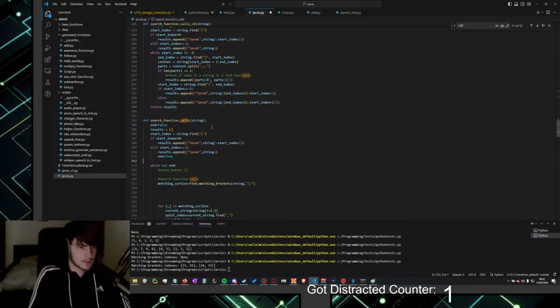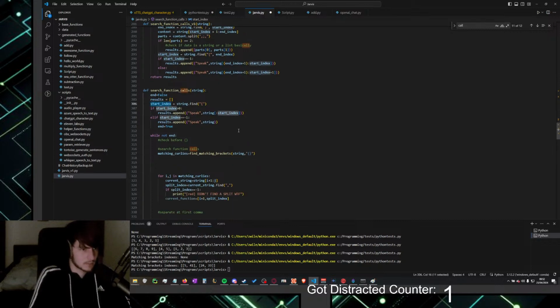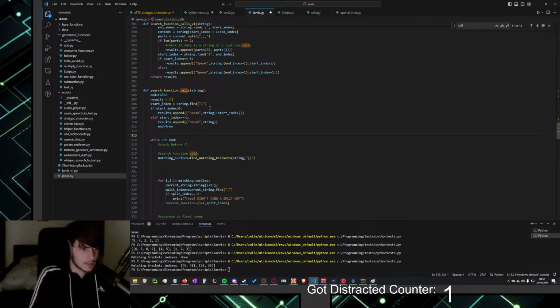And if it does, then it just continues and we don't care about the start index. Also let's, yeah, no, let's keep that as its own variable.